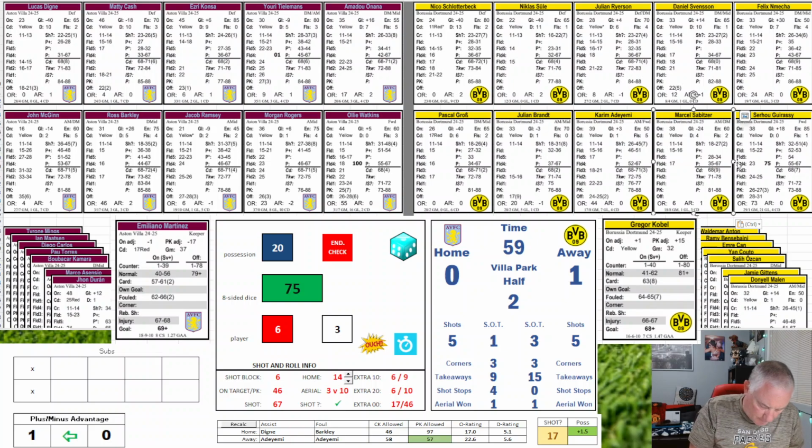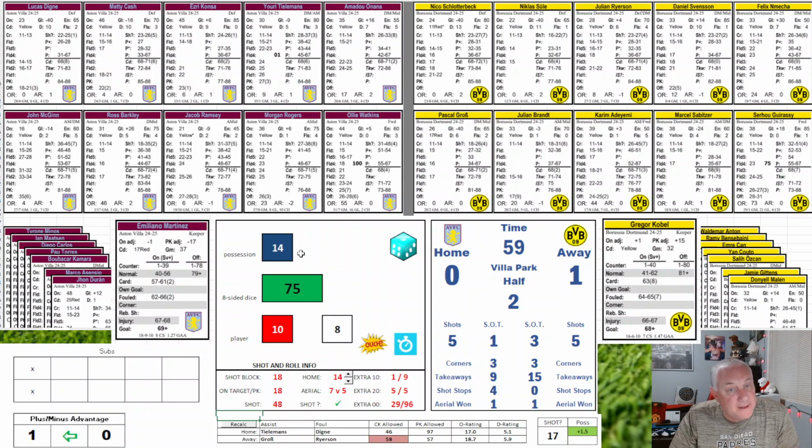Okay. Except I didn't write down Barkley in. Barkley was in for Bailey. Sabitzer's in for Bayer. And we're going to roll that one. Okay, each team's used one sub. We're going to re-roll.